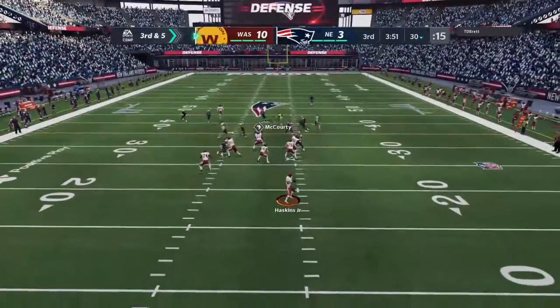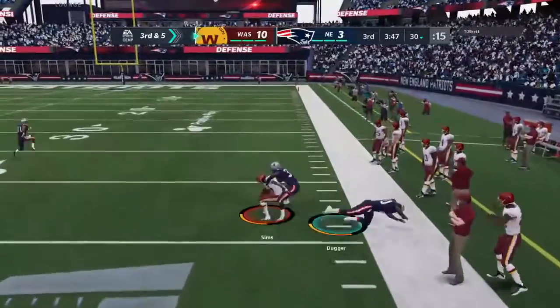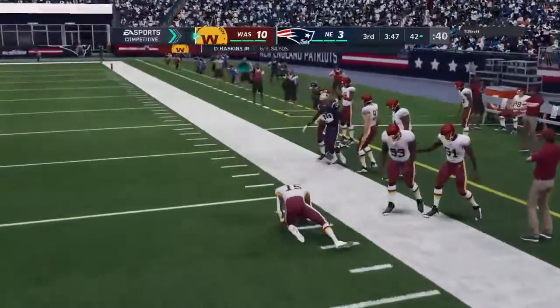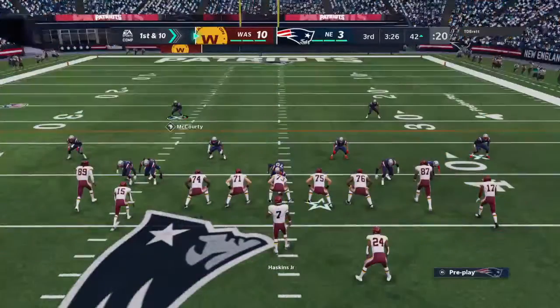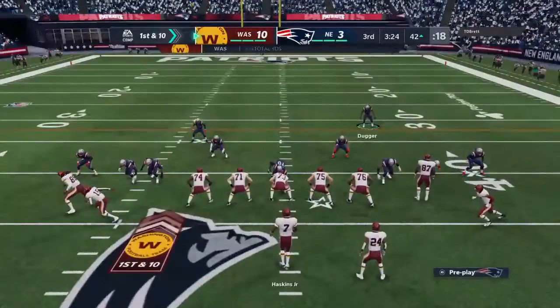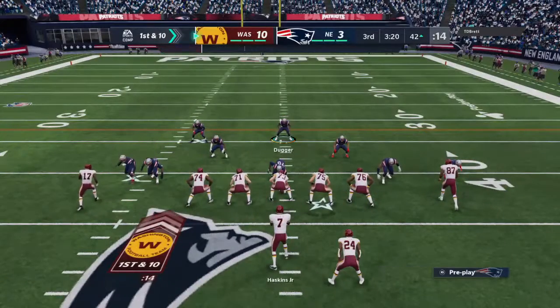Play action. Haskins. Open man is Sims. He's got it. And he'll have it past midfield almost to the 40 before being taken down. 27 yards there on a very nice 3rd down conversion. So into Pat's territory now. Here's 1st and 10